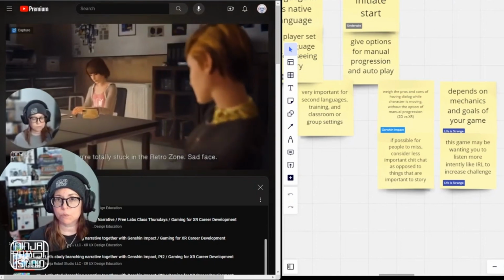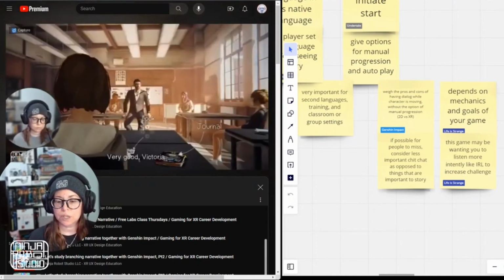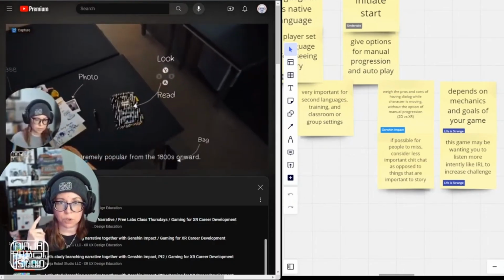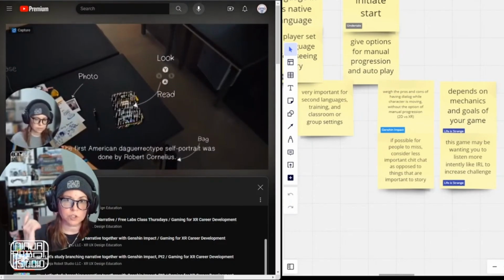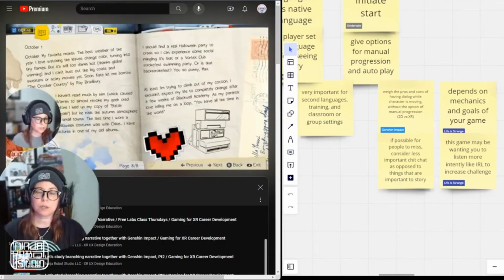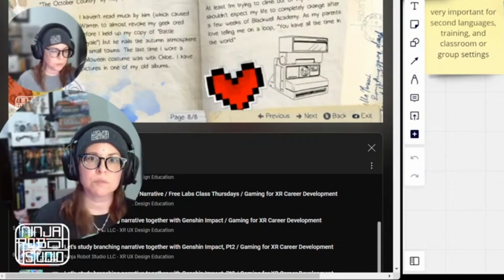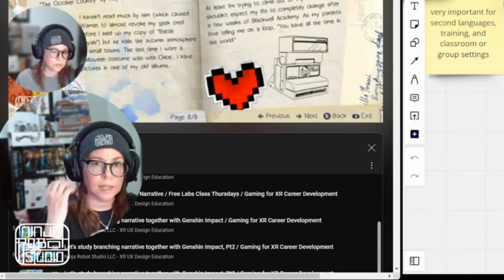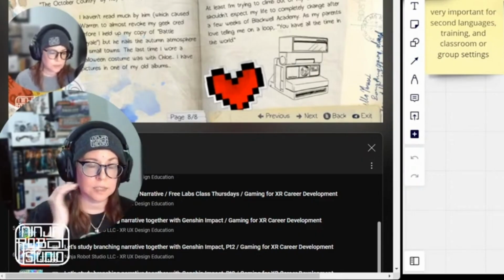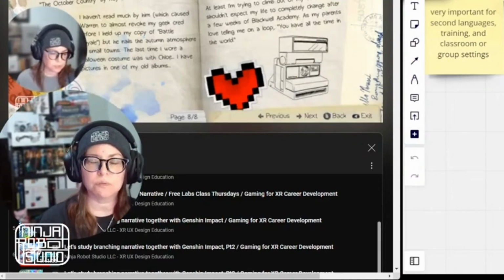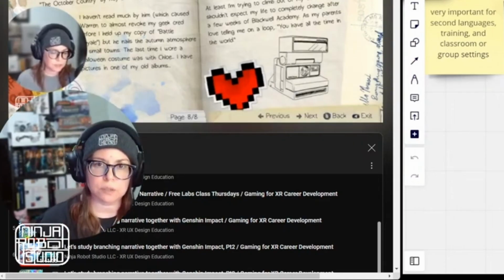So in their case, it wasn't necessarily a good thing for you to manually progress, because it's part of the mechanic that you don't manually progress, because can you pay attention to all the dialogue and change your decisions based on that? Another example of where that might matter is if you're training someone on active listening, then maybe you don't want to manually progress the dialogue. Maybe you do want it to autoplay and say, can they listen? And they need to learn to actively listen. So it depends on the goal of your game. But for the most part, you do want to give them the option to manually progress.